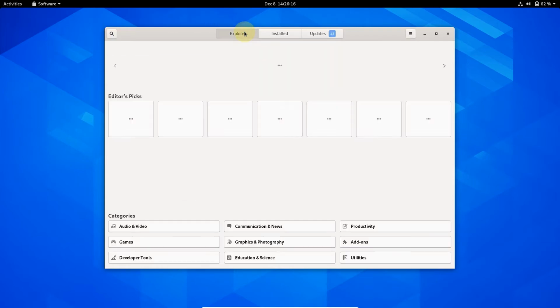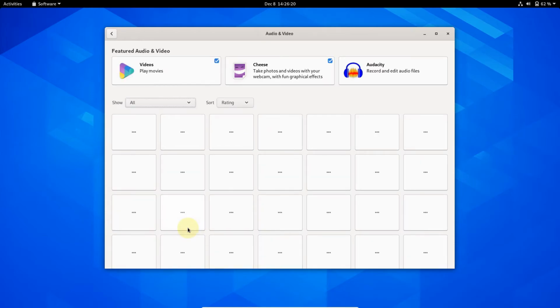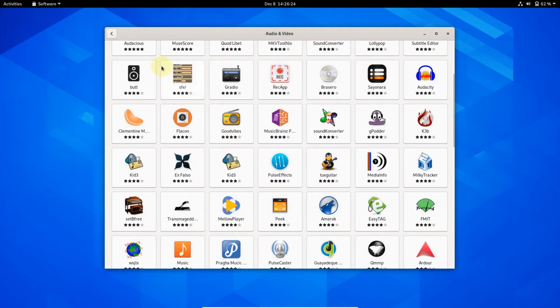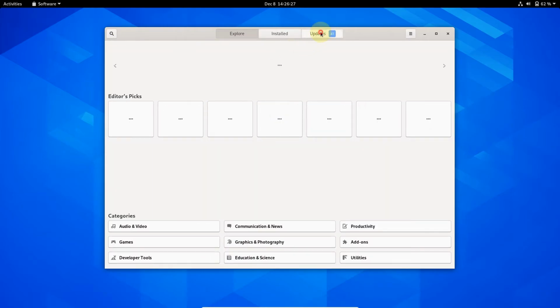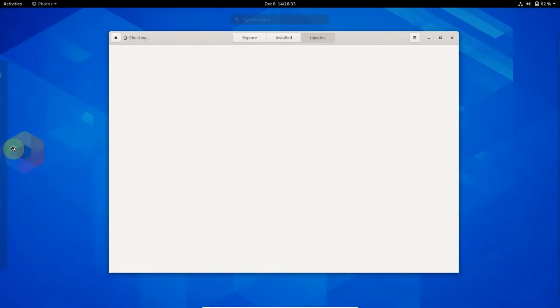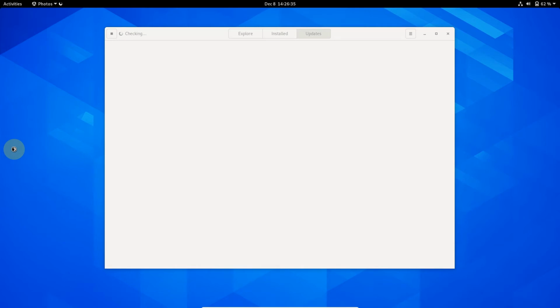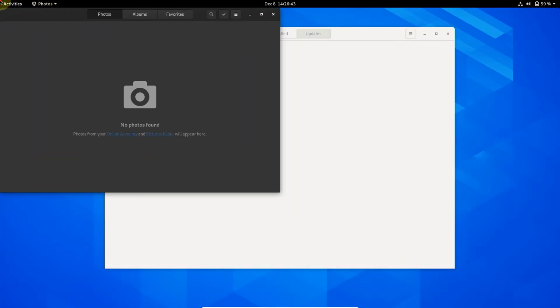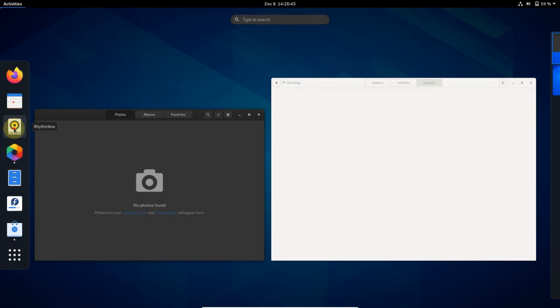While as to the software store, you can have many applications, for example VLC, media player, a lot of applications, and you will update your system through the software store. If you have more than one application open, it will create a 3D desktop effect when you press the Windows button.